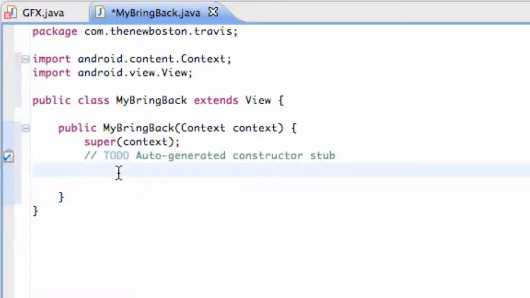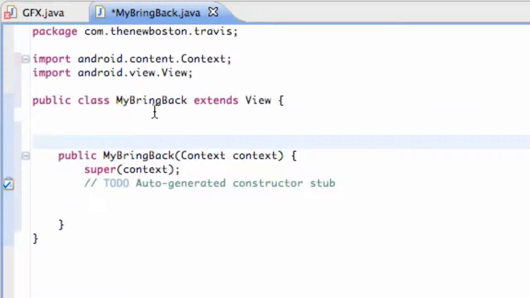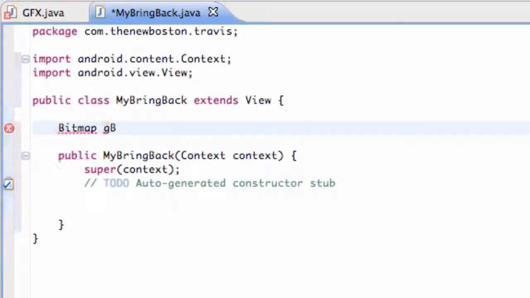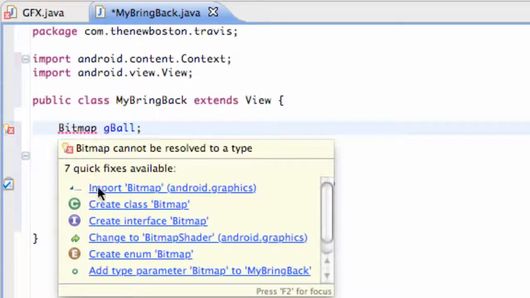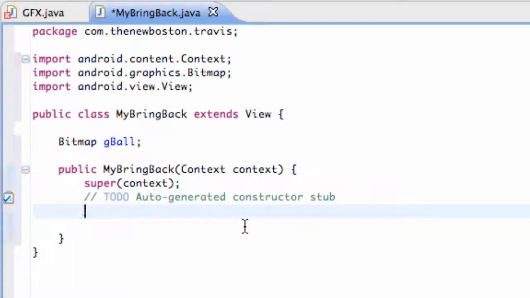So let's set up a variable. First we want something that can be used within our whole class. So we're going to say Bitmap, and we're going to call it gBall for green ball. We aren't going to define it yet. We're just going to say, hey, there's going to be this variable, look out for it. Now within our constructor, let's define it. We're going to say gBall equals,